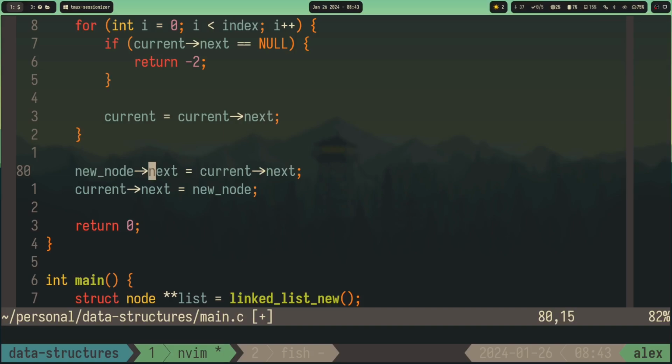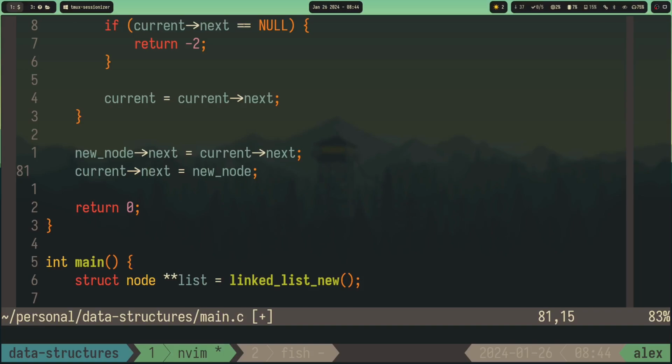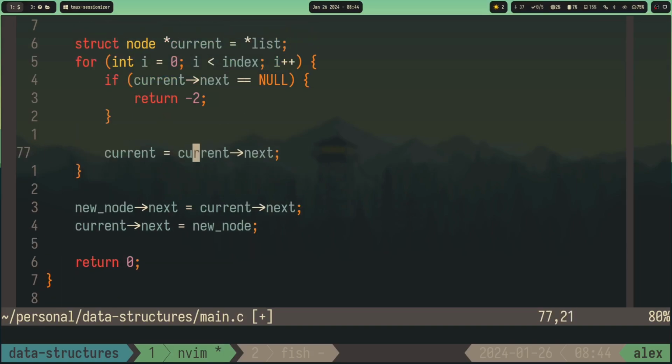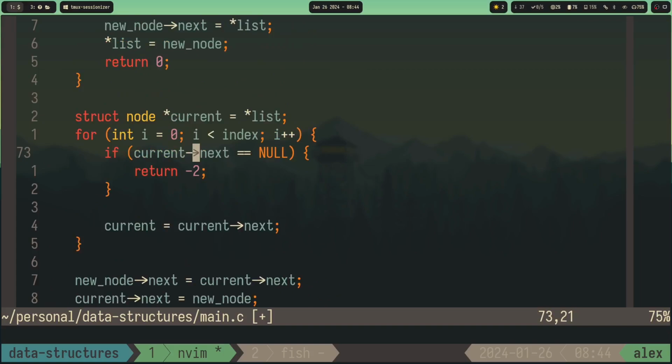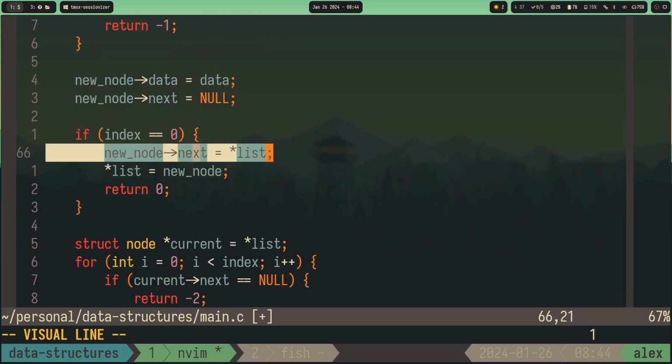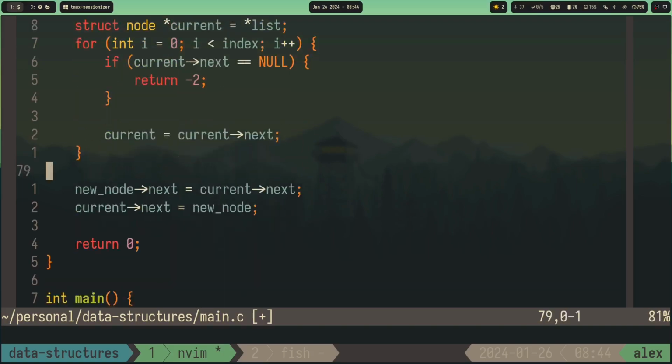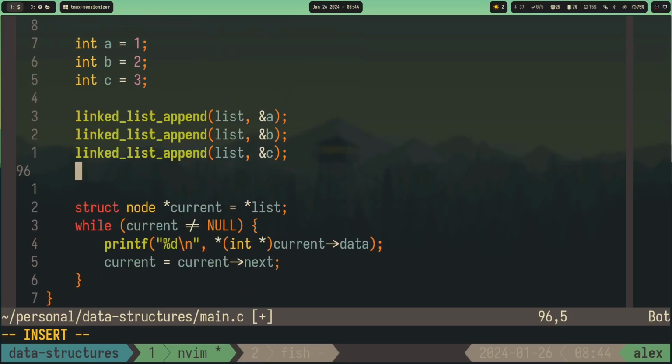So yeah, we need to set the next of the new node to the old next node, and after that we need to set the pointer that was pointing to the old next to this new node. That should be everything, I think. Yeah, and that should be everything. We also did this here. I didn't remember. Okay, so now we can try to have like,